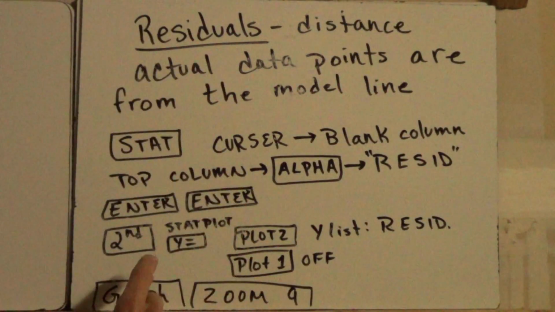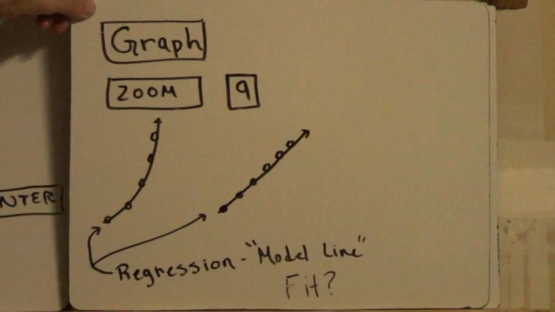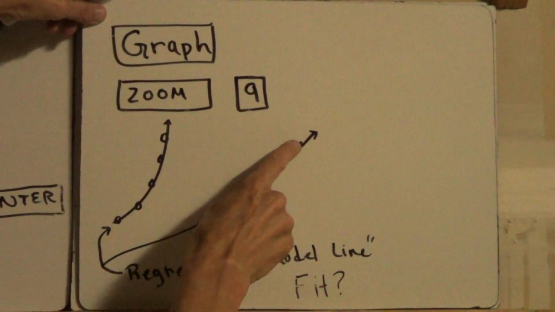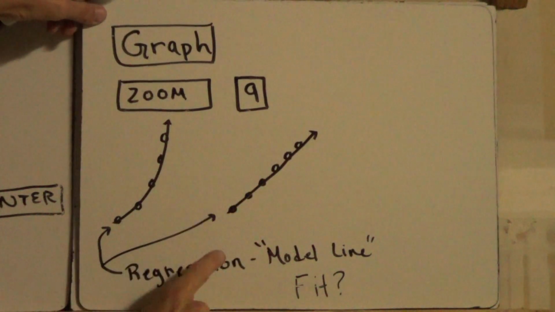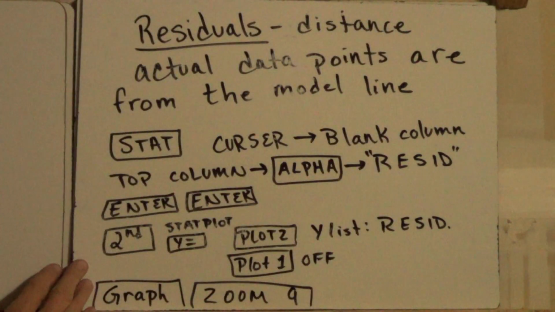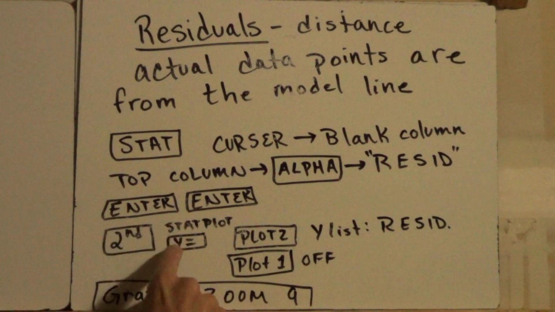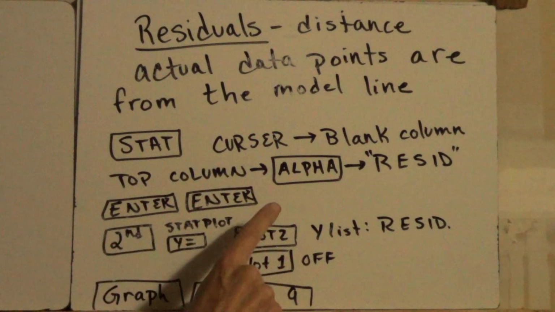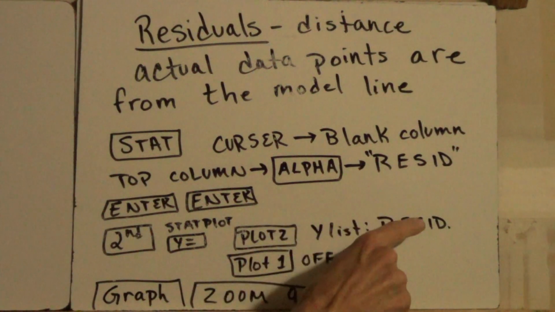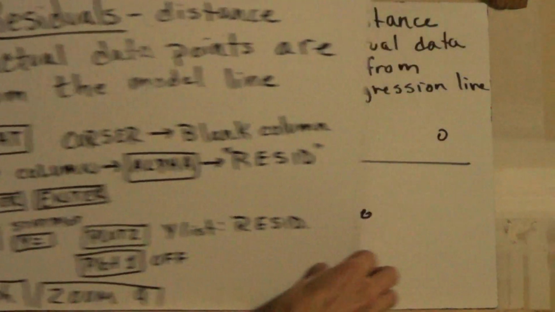Hit enter again, and the calculator will actually take your Y1 and Y2 values, and it will take its line of best fit and calculate the distance for every single point. You can do this by hand. It takes a long time. I don't recommend it. Once you get there, then you can go back in and go second stat plot, turn off your plot number 1, turn on plot 2, and go down to your Y list and set it for residual. Then hit graph, zoom 9,